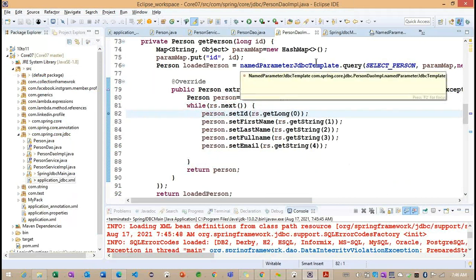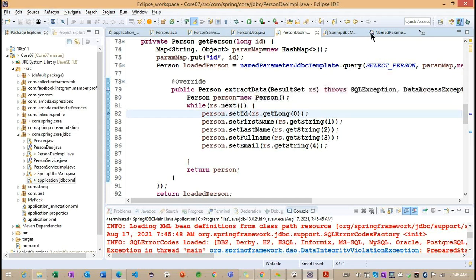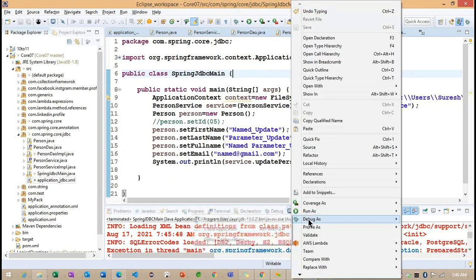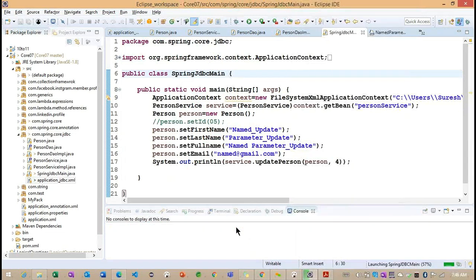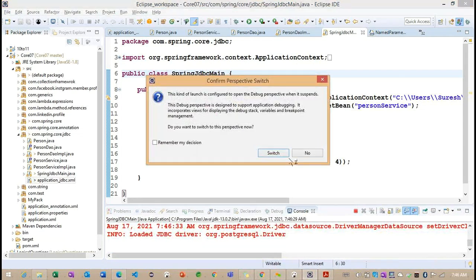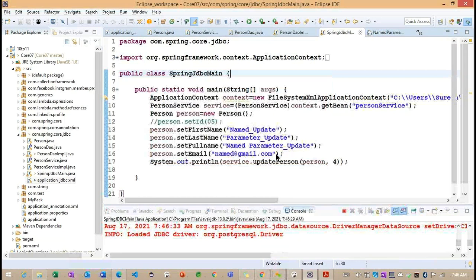Here I put a breakpoint. Does it start from 0 or from 1? How can we understand this? By running this example, Debug as Java application. Let's move to the debug perspective.